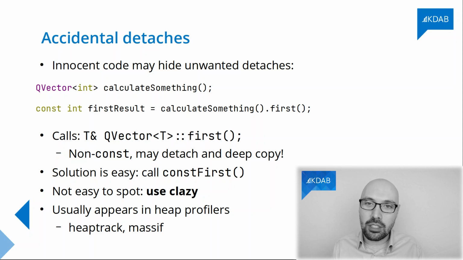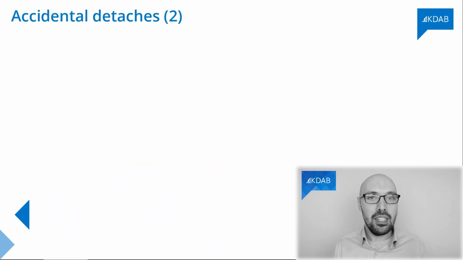Now, the nice thing about Clazy is that the great developers at the Qt company, especially the one working on Qt Creator, have integrated Clazy into Creator itself. So these days, as soon as you type that, you're going to get a warning from your editor telling you, wait a second, there is something fishy here. Are you really sure you want to detach this container? It's very nice to have these warnings in a completely automatic way, in a way that doesn't require you to remember all this stuff. You got this tool, it runs automatically as you type, and it will correct you about these little mistakes about implicit sharing.